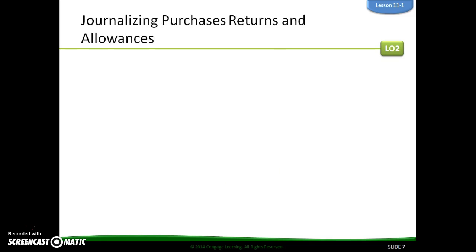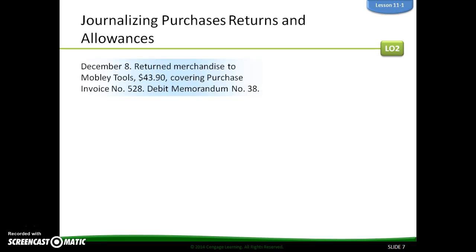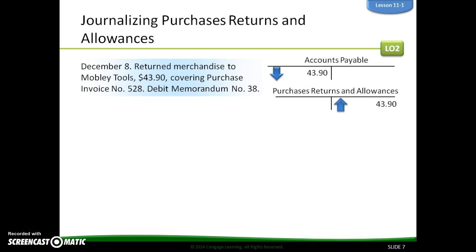All right, so journalizing purchases, returns, and allowances. So you can see we returned merchandise to Mobley Tools for $43.90, and that covered purchase invoice 528 and its debit memorandum 38. So on a previous invoice, we returned some merchandise to Mobley Tools. Our accounts payable, the debit is going to reduce the amount of our accounts payable, and we're going to increase the amount that we have in our